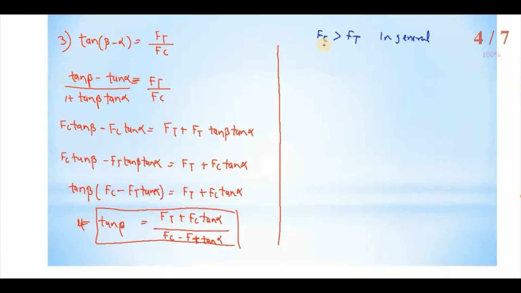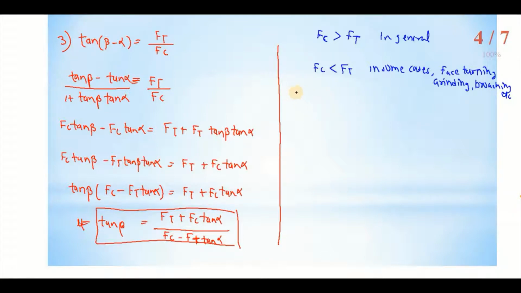So based on that, whichever value is greater, consider that Fc, and the smaller value consider Ft. But in some cases we are getting Fc less than Ft, in the operations of face turning, grinding and broaching. In some of the operations we are getting thrust force greater than cutting force.